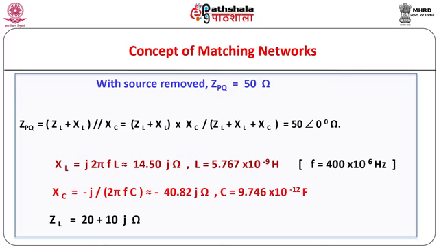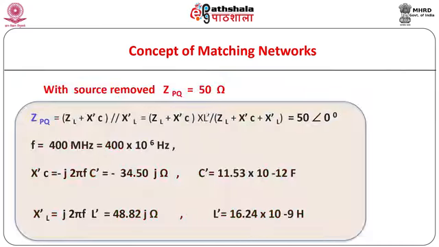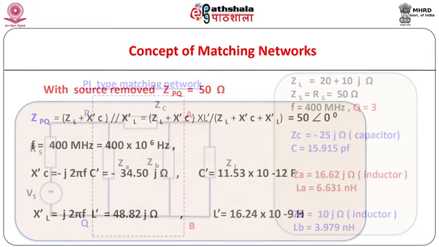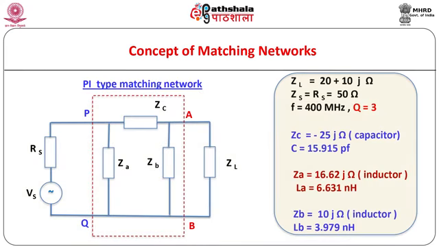The calculations are as shown. We know that in this case also we have the value ZPQ equal to 50 ohm as desired. Thus, we have two solutions for the matching network for the given circuit. We are familiar with the terms star and delta networks, also known as T and pi networks. Let us see the use of these networks as matching networks between source and load.